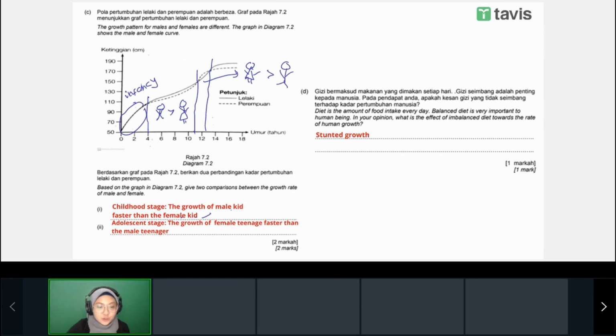Okay, guys, please don't draw. Please write a full sentence. Don't draw. This one is just notes for you. Okay. Diet is the amount of food intake in everyday life. Balanced diet is very important. In your opinion, what is the effect of an imbalanced diet on the rate of human growth? Someone, if they eat less, then they can have stunted growth. If they eat more than a balanced diet, they can get obesity. This is an application question, yeah? Okay,